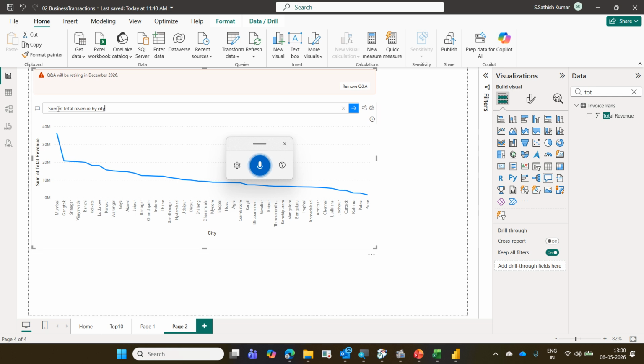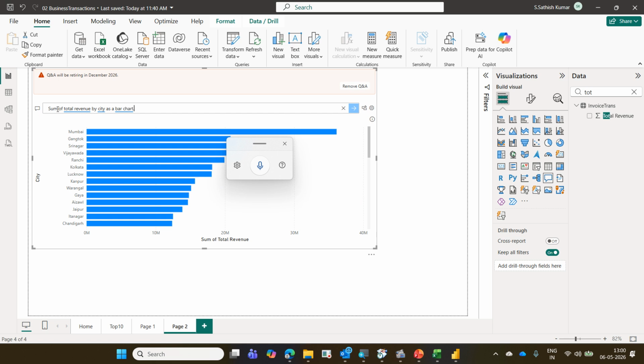That's all. You can dictate and create a report also. No need for typing, because while typing I may make a typo or a mistake. So just press Windows H, dictate and create a report.